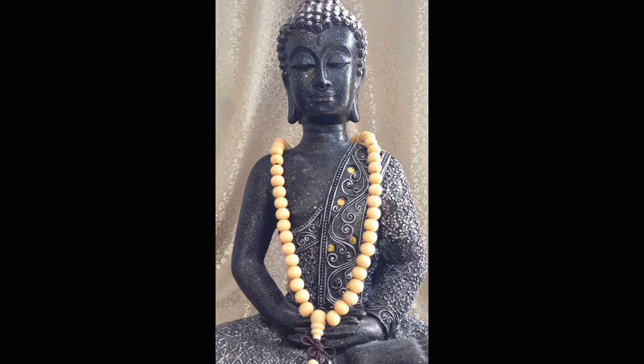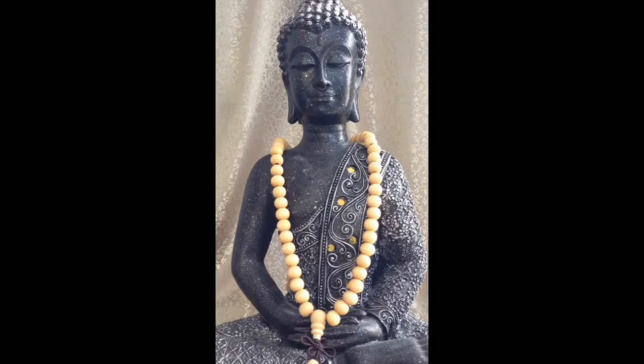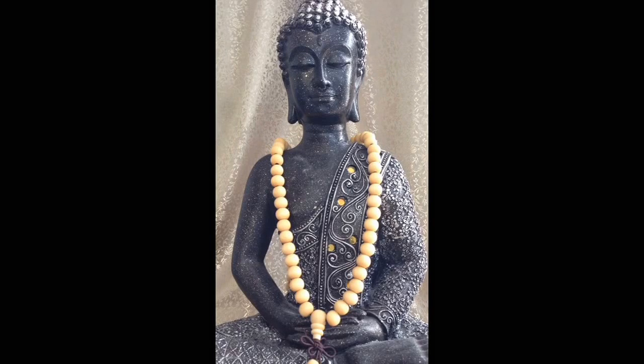Become aware of the back of the throat, the back of the tongue, and the tip of the tongue, possibly touching the back of the teeth where the teeth meet the gums. Become aware of the roof of the mouth, and sides of inside the mouth, the teeth, the jaw,